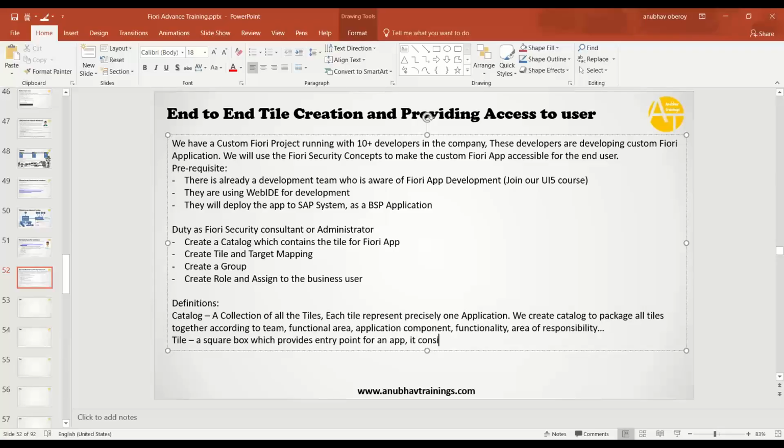It consists of two parts. The first part of the tile, please mute your line. Thank you. So the first part of the tile contains the square box itself, the tile properties,